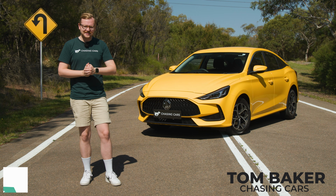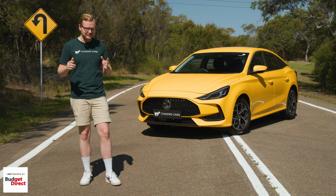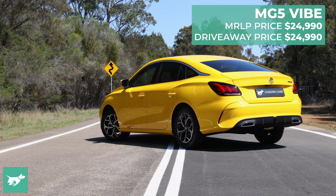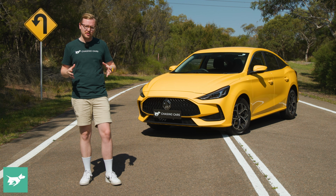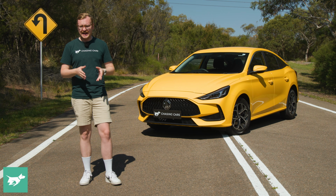I'm Tom Baker, this is Chasing Cars, and resplendent in royal yellow behind me is the new MG5. There has been so much interest in the MG5 on the Chasing Cars platform over the last few weeks, so I thought I gotta get myself one of those and review it for you guys today, and that's exactly what